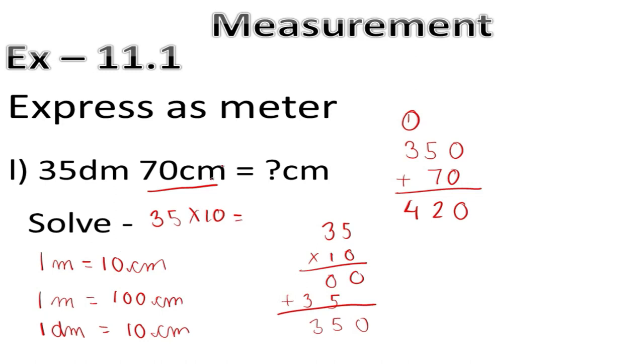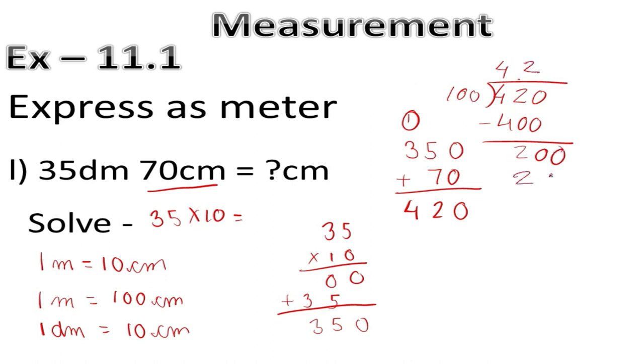And 1 meter equals 100 centimeter. So we will divide 420 by 100. 100 into 4 equals 400. We subtract, we get 20. We add a decimal and a 0. Then 100 into 2 equals 200. We subtract and we get 0. So our answer is 4.2